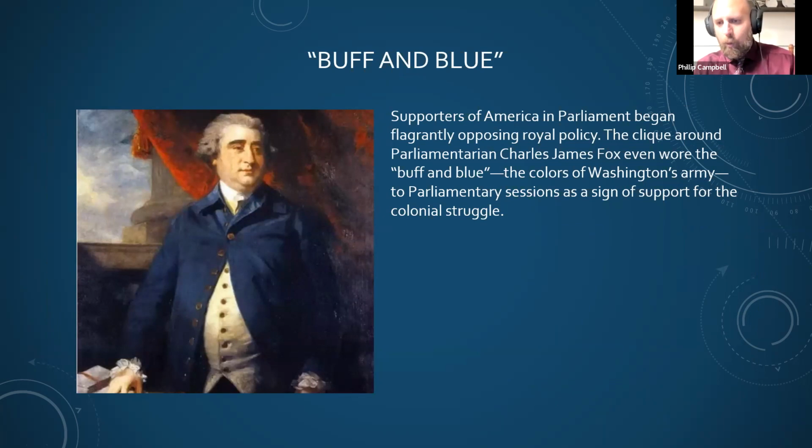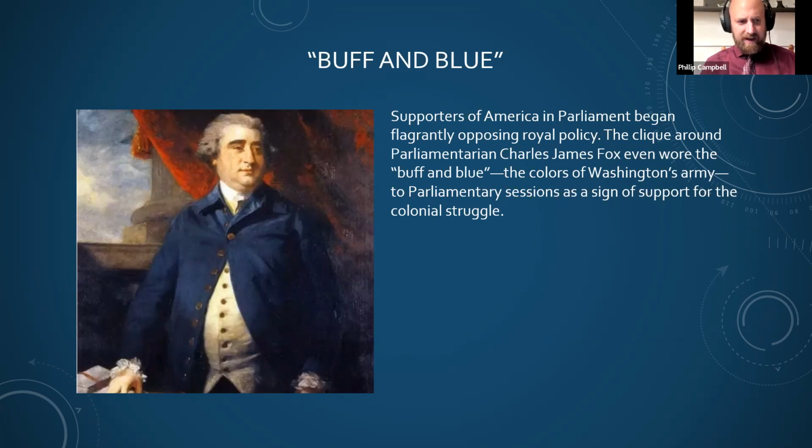There was a Whig politician, Charles James Fox, who was probably the most powerful opponent of the king in parliament. His followers all wore the buff and blue. That's the colors of Washington's army. They wore them to parliament, two parliamentary sessions, as a sign of support for the colonial struggle. I mean, look at that. This is a British parliamentarian in the midst of a rebellion wearing the colors of Washington's army to parliament,